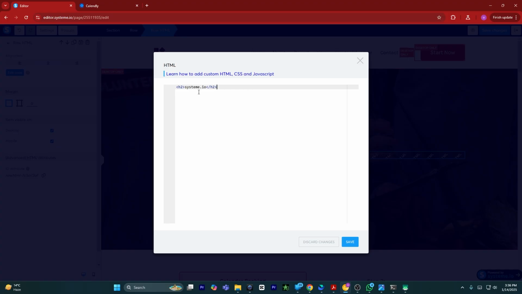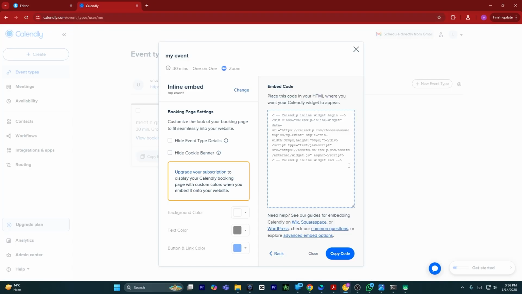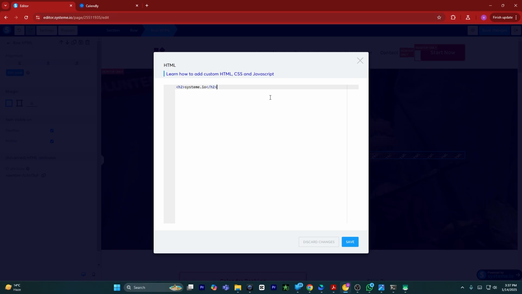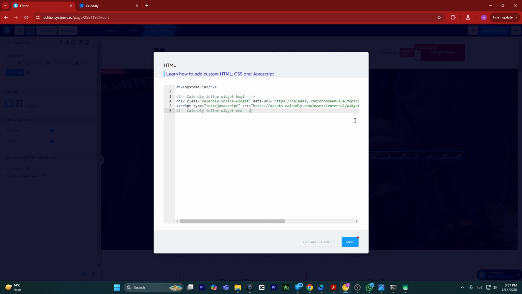Now as you can see, I have to paste some code which we will get from Calendly. Now from here what you have to do is simply click on copy code. Once copied, I will go back to my editor, hit enter, and paste my code by pressing Ctrl V on my keyboard. Now click on save